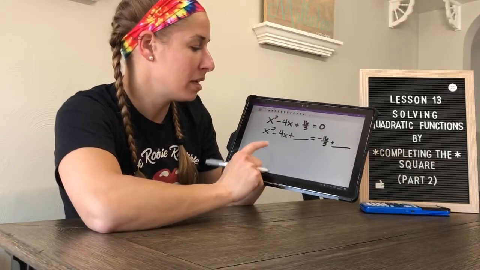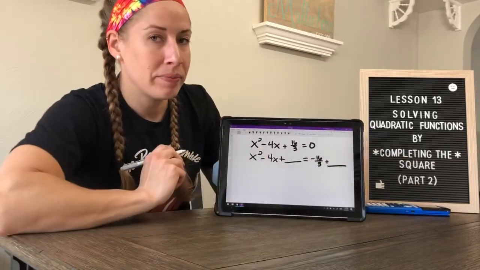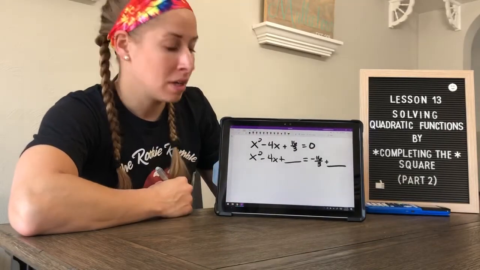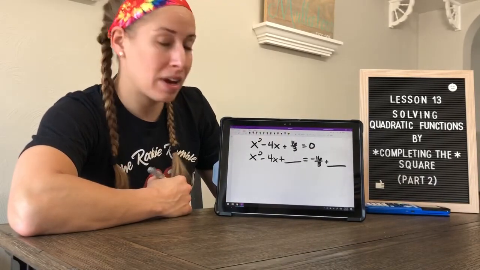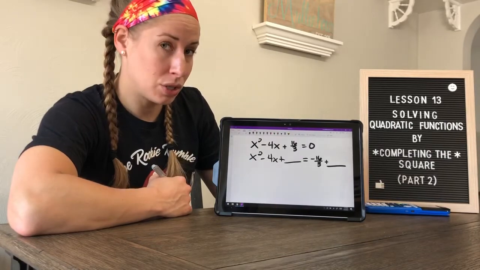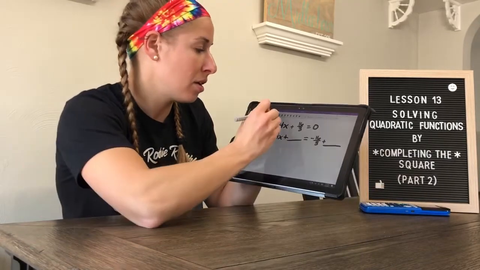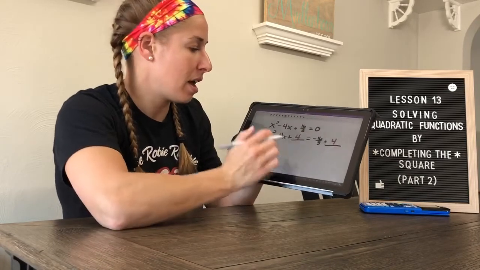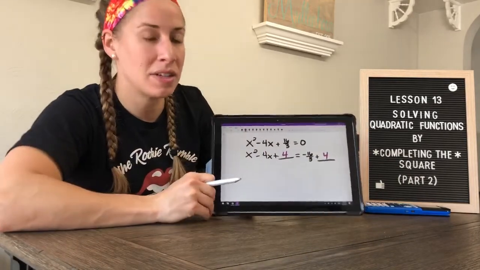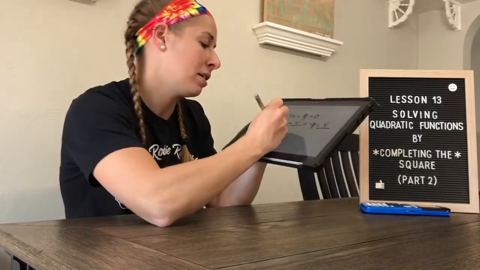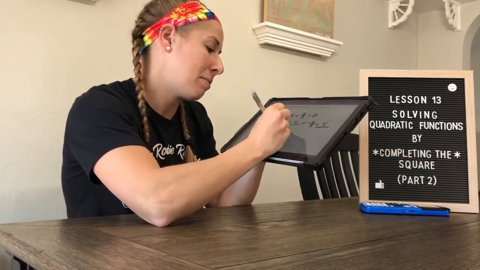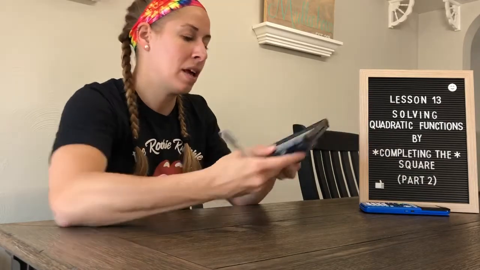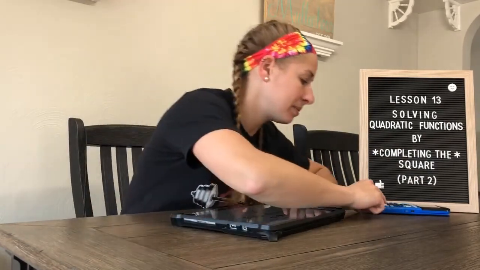How do you find the c value? Take half of b and square it. This time our b value is 4. And so half of 4 is 2. 2 squared is 4. And so then we can factor the left side, simplify the right. So we get x minus 2 quantity squared equals negative 16 thirds